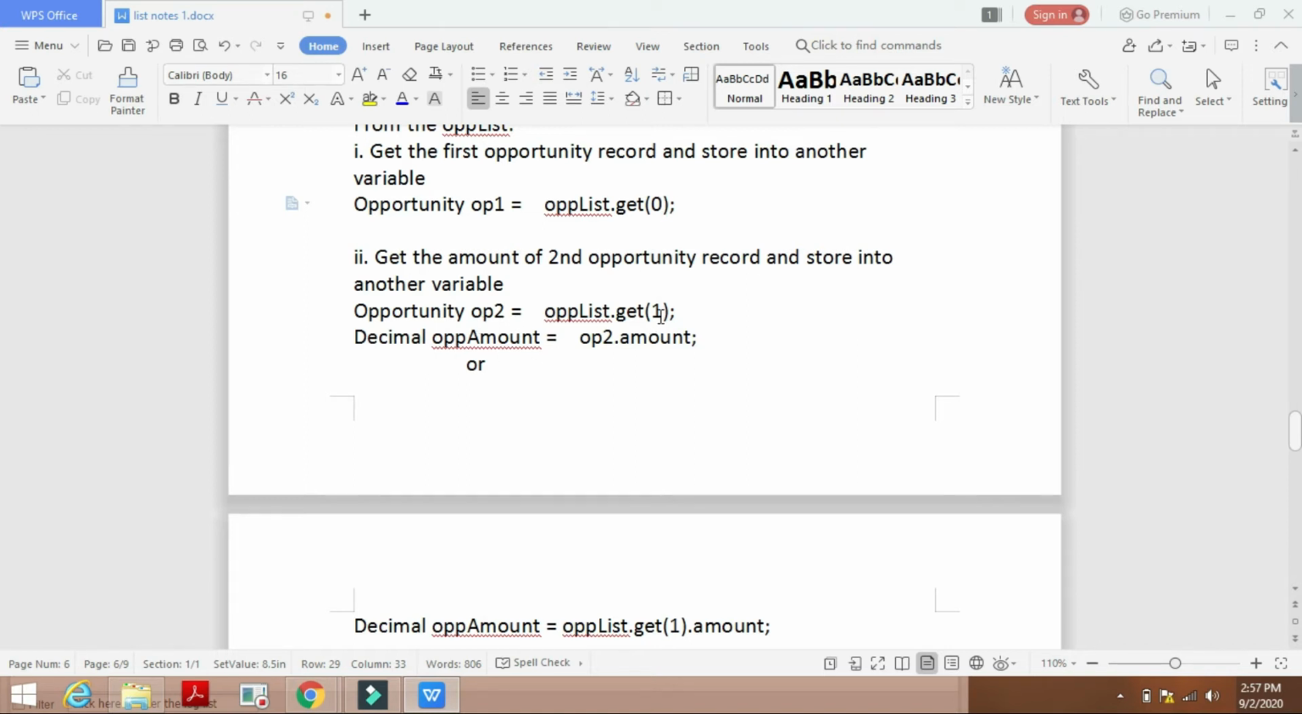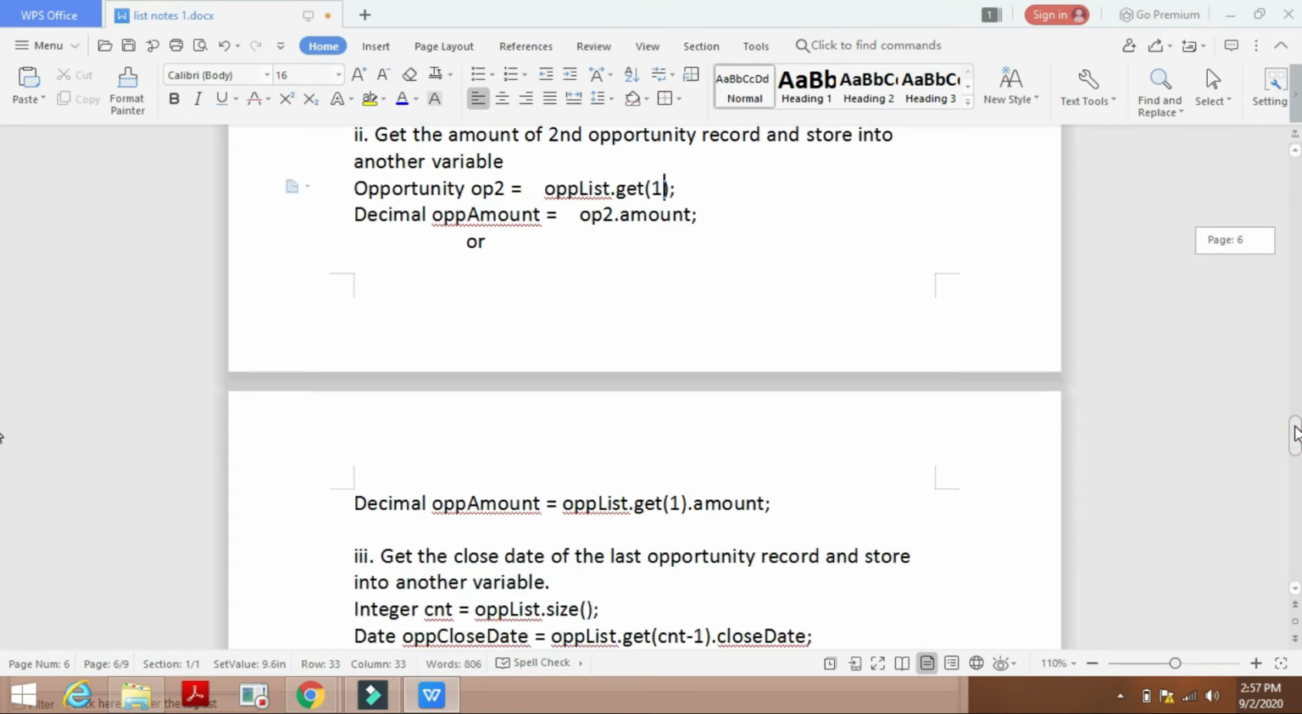Okay, we have taken the second opportunity record, which has index number 1. Here we have to get the amount, so that's why it's stored into a decimal data type, and we have given the name as opAmount. Okay, or there is another method, so we can directly include it in the same line. Here directly we have oppList[1].Amount. Okay,